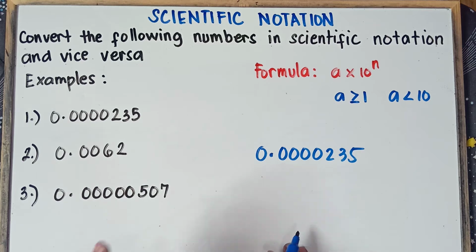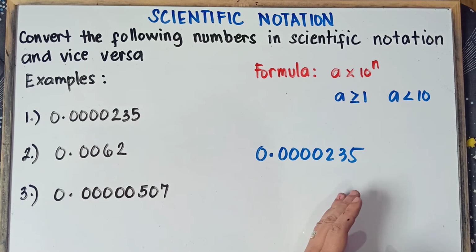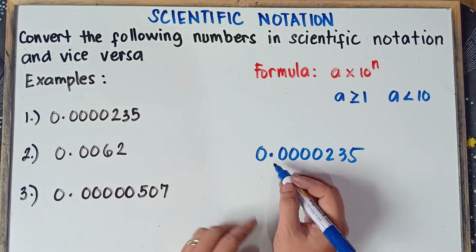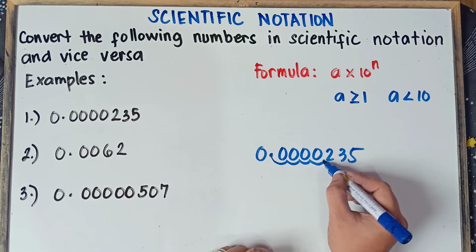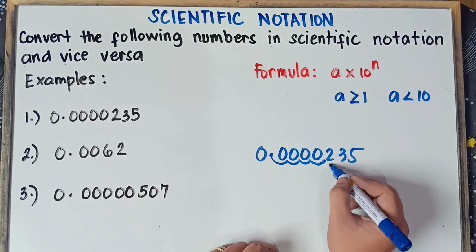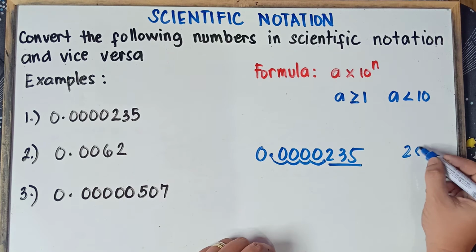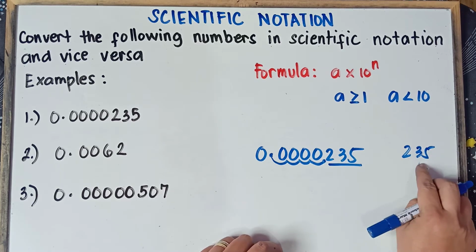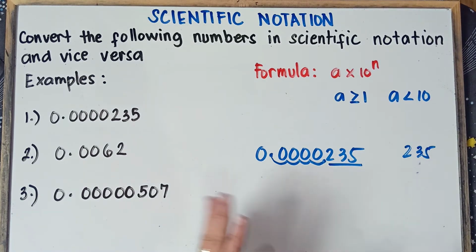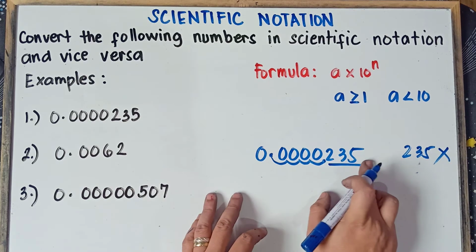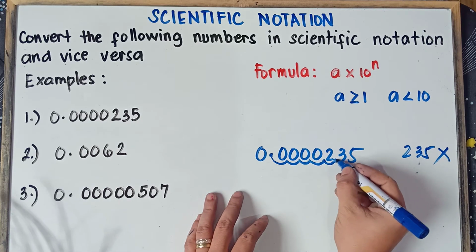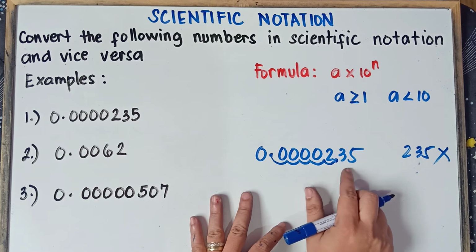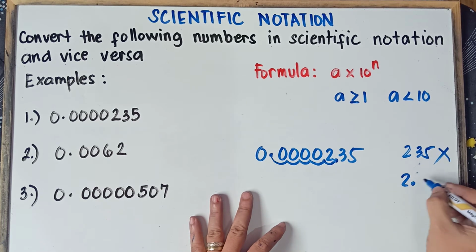Now we need to move, class, the decimal point left to right many times until we can get the value of A. So let's move this one. 1, 2, 3, 4. Now if we stop at this point in between 0 and 2, and our remaining number, we have 235. Now is 235 less than 10? Nope. 235 is not less than 10. This is greater than 10. So therefore, we need to move again the decimal point left to right once. 1. So this will be in between 2 and 3. And our number, we have 2.35.